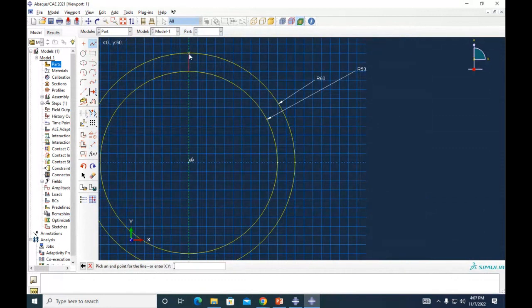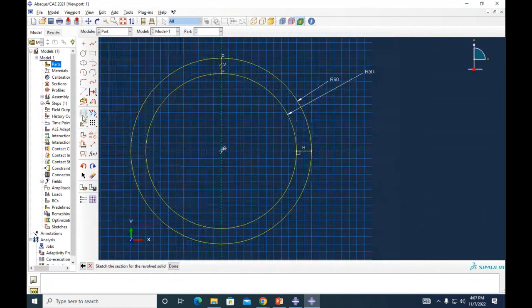I'm going to close this. So I'm going to close it in here and in here. The reason for that is that we are going to revolve around this central axis that we have in here. We are going to take whatever drawing we have and revolve it around that axis 360 degrees, and that's going to create our solid structure.